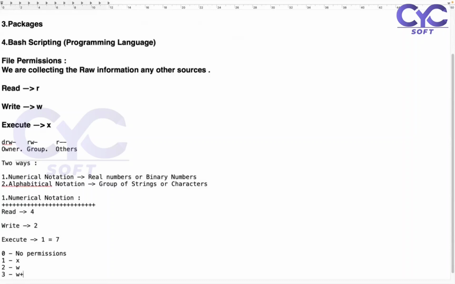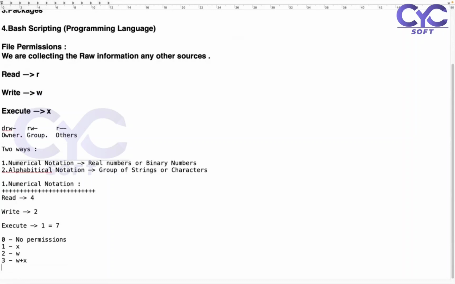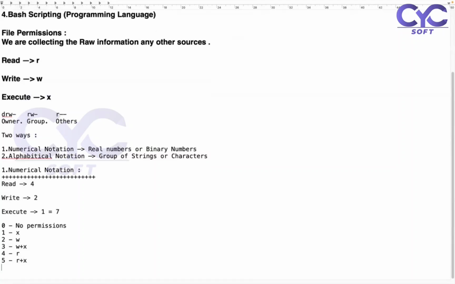Write plus execute. Okay, what is 4? 4 stands for read, and 5 stands for read plus execute. Okay, so next, 6 stands for